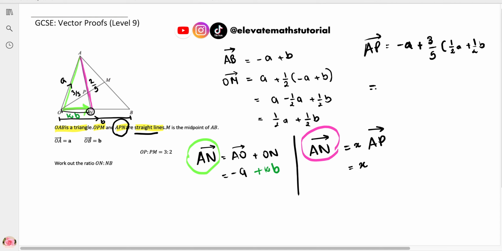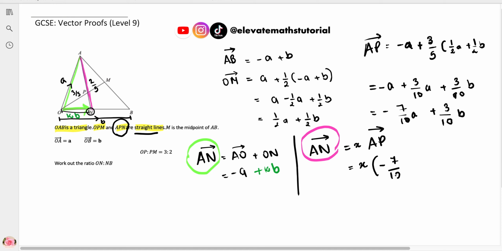The actual vector is minus a plus 3/10 of a plus 3/10 of b, and that's going to give us minus 7/10 of a, and then plus 3/10 of b. That's vector AP. So we're just going to put that back here. So it's minus 7/10 of a